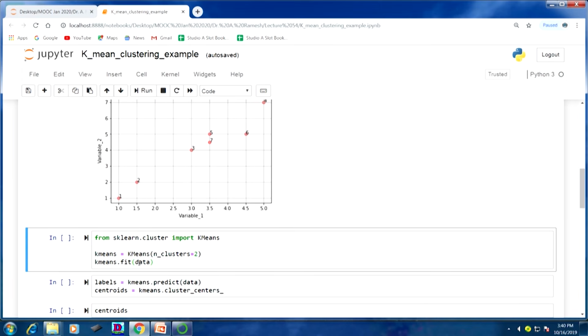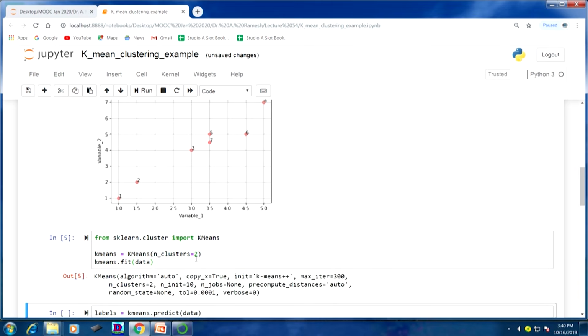and so on. For running the k-means clustering algorithm, we have to import this library: from sklearn.cluster import KMeans. So kmeans equal to KMeans, n_clusters equal to 2. So this is k equal to 2. If you want to have 3 clusters, that is our next example, you have to substitute 3 instead of 2. We will run this.